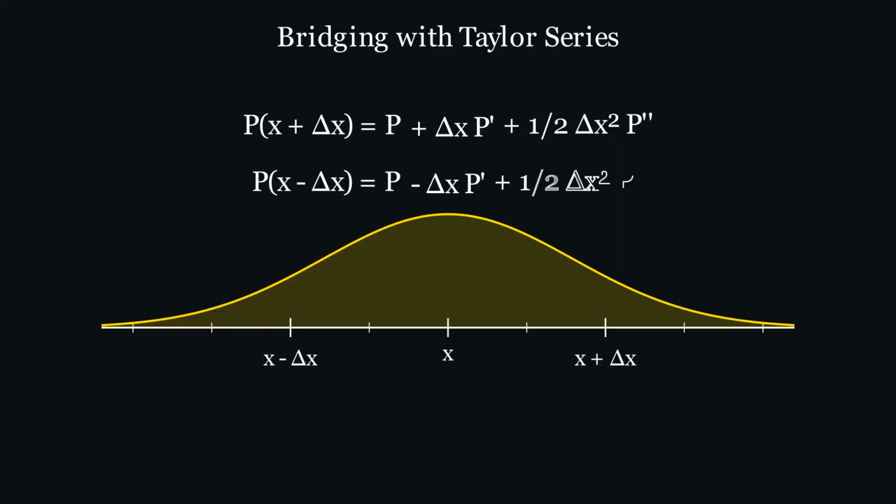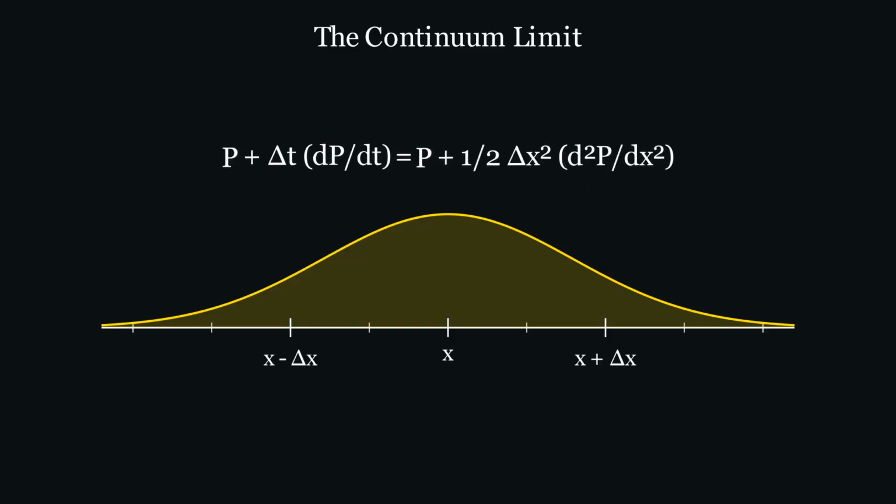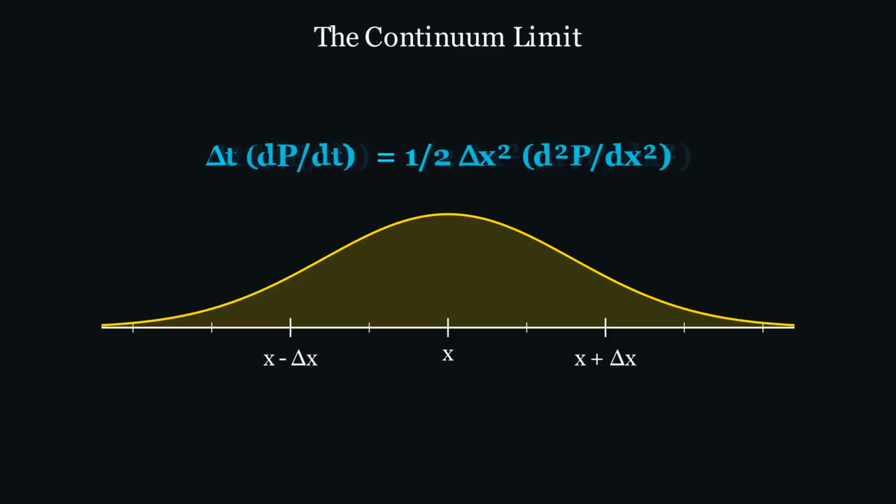When we do the same expansion for x minus delta x, notice what happens to that first derivative term. Its sign flips. When we average those two neighboring expansions together, something remarkable occurs. The odd terms, the first derivatives, cancel out completely because stepping left and stepping right are equally likely. The spatial bias disappears. What remains on the right-hand side is simply the original value plus 1/2 delta x squared times the second spatial derivative. Meanwhile, expanding the left-hand side in time gives the current density plus delta t times the time derivative. Microscopic randomness is just transformed into a relationship between derivatives.